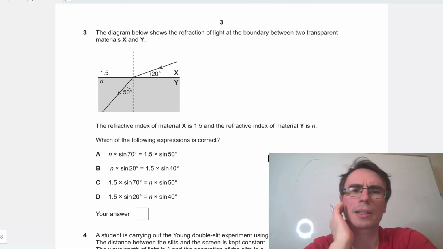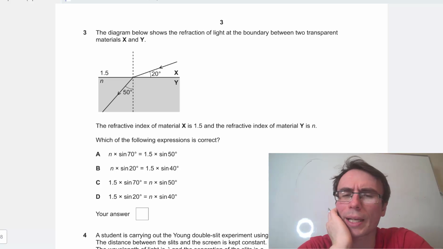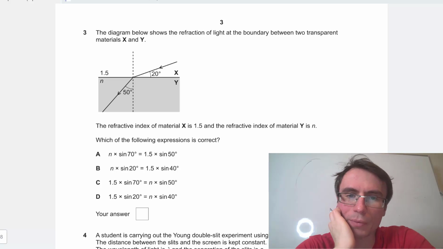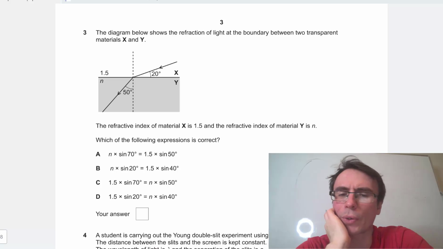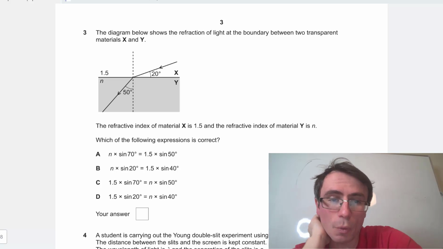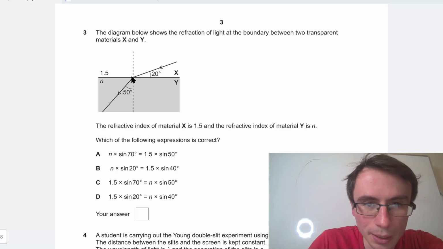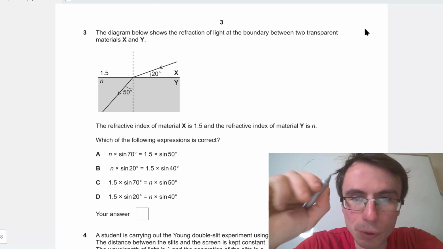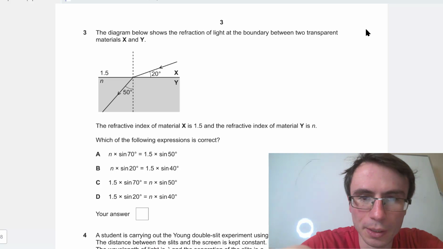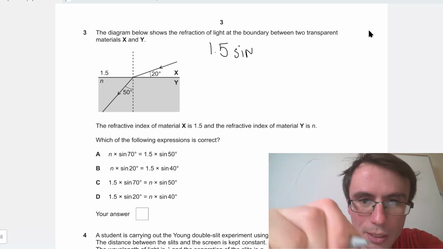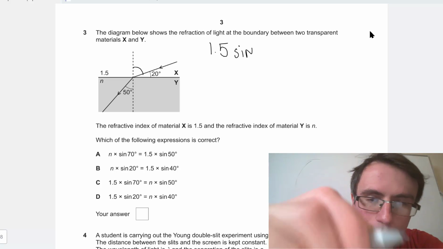Okay, question 3. The diagram shows the refraction of light at the boundary between 2 transparent materials, X and Y. The refractive index of X is 1.5 and the refractive index of Y is N. Which of the following expressions is correct? We're going this way and then we're refracting towards the normal, it seems. So the refractive index of X is 1.5, so I'm going to go n1, 1.5, sine theta 1, which is the angle towards the